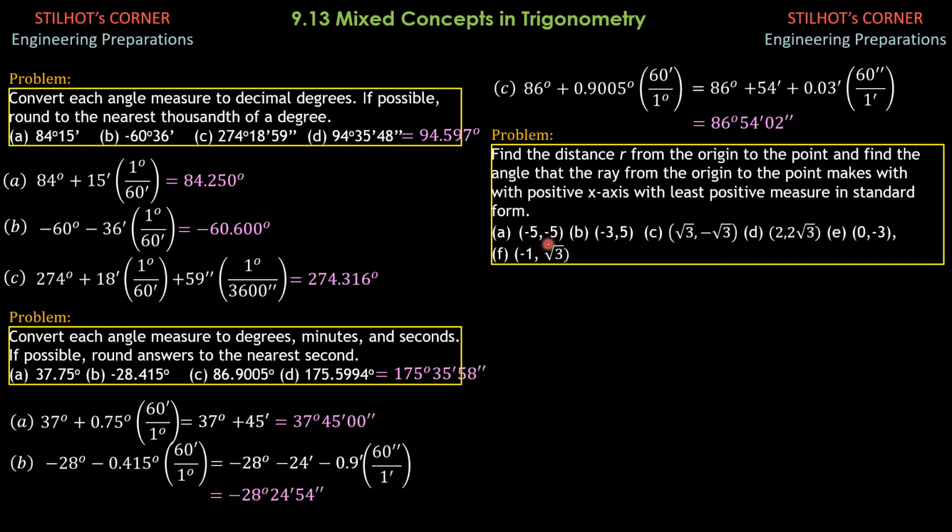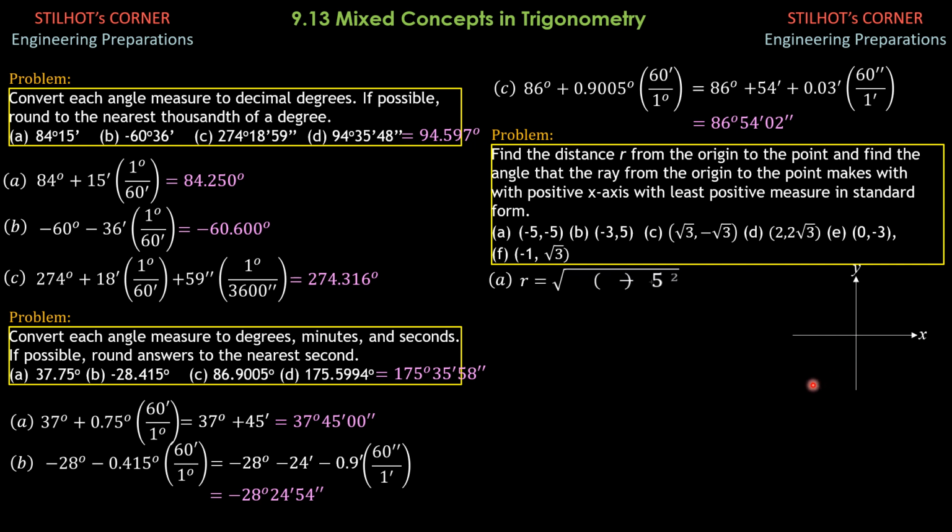So negative 5 comma negative 5 is in the third quadrant, forming an angle with the x-axis of 45 degrees, but because it is in the third quadrant, the angle measured should be 180 plus 45, so 225 degrees, but let us show it on the Cartesian plane first.